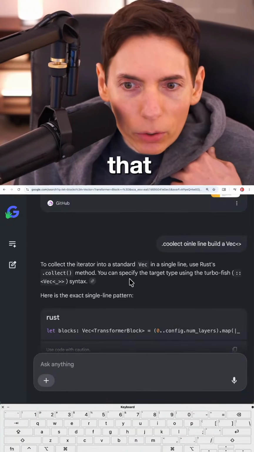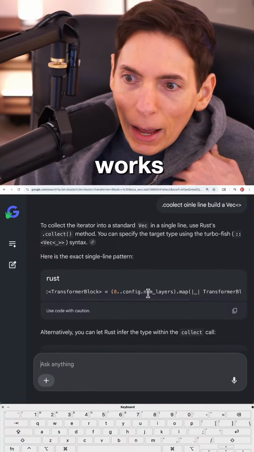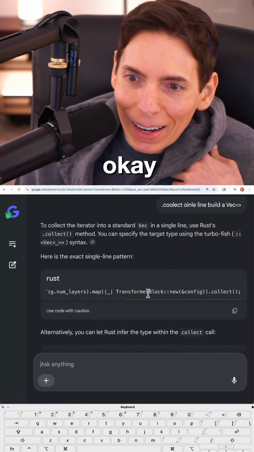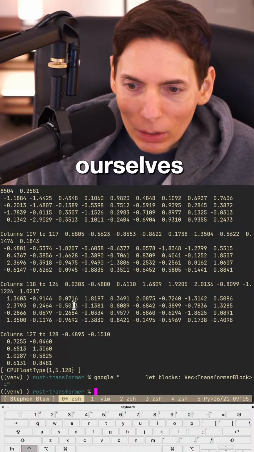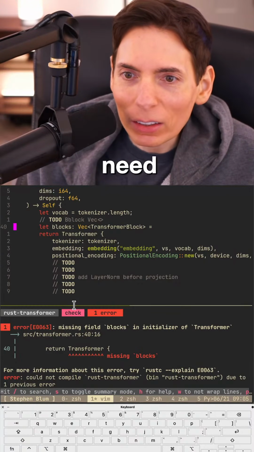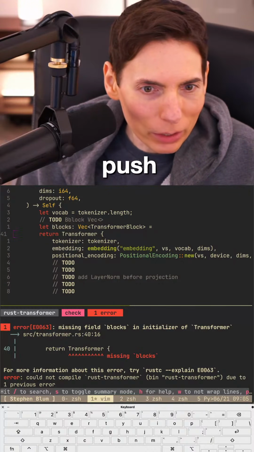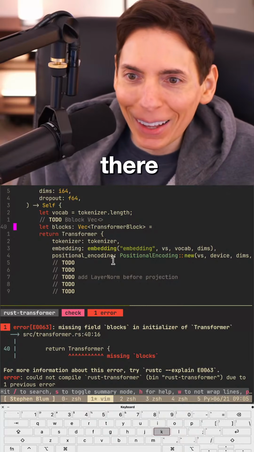Let's see if that works. Yeah. Oh, right there. Okay, a dot map. Oh, that's easy. Okay, we can do that. We don't need to see it anymore. We can do this ourselves. Thank you, Google. We just need a little push. A really quick, easy push right there.